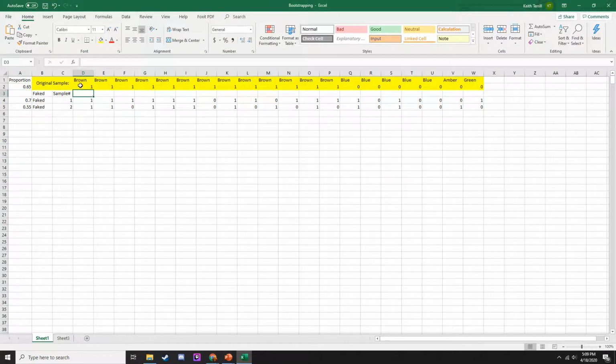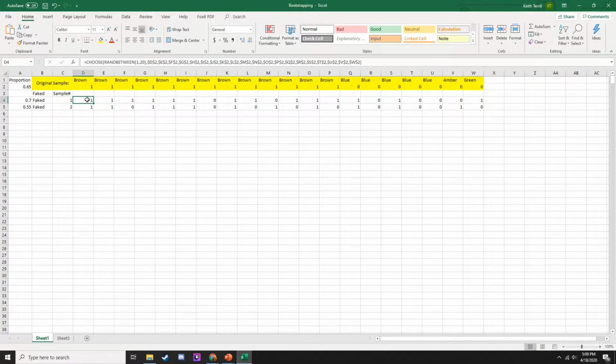So what I have up here, if you're looking, is my Excel data. I'm doing this in Excel. I don't want to teach you guys R because no. And I've got 13 brown-eyed people, 5 blue-eyed people, 1 amber, 1 green. And just like we discussed, I've got a whole lot of zeros for everything not brown and a whole lot of 1s for brown eyes.